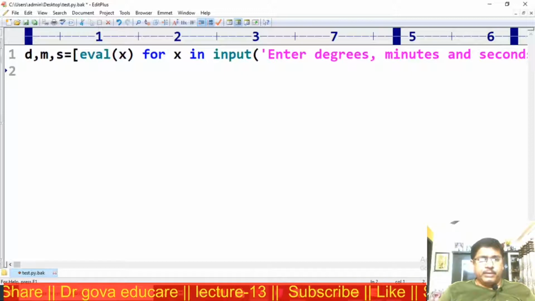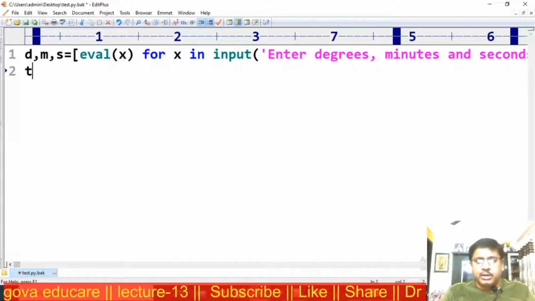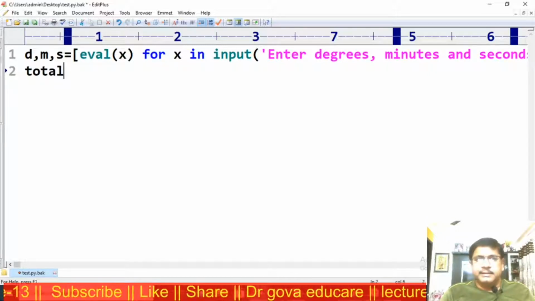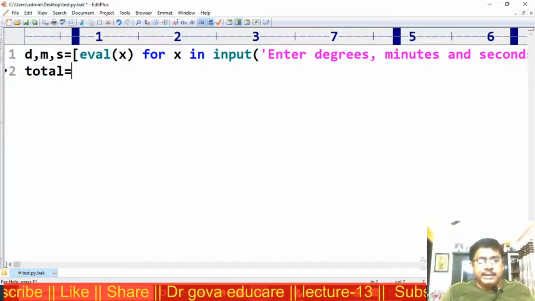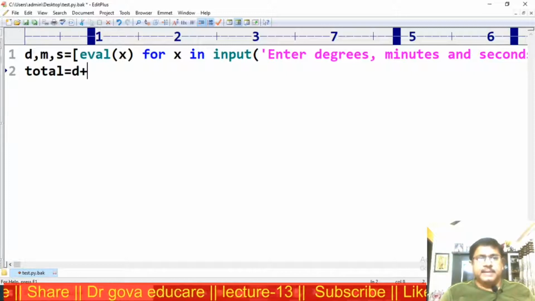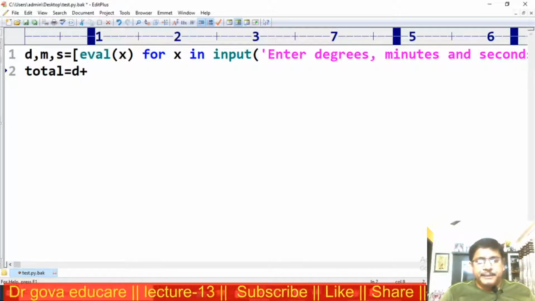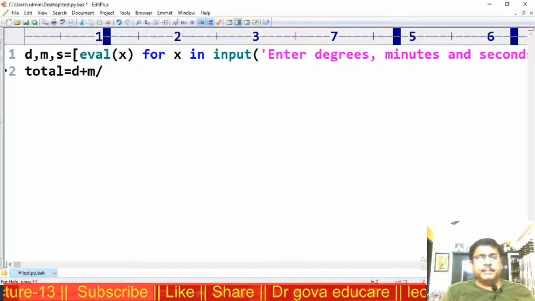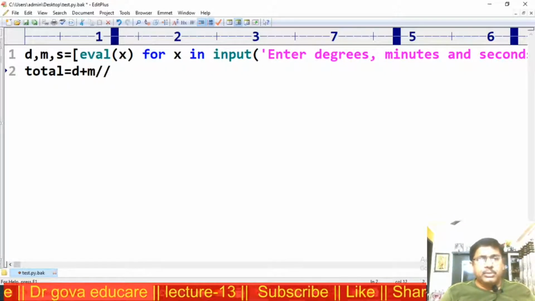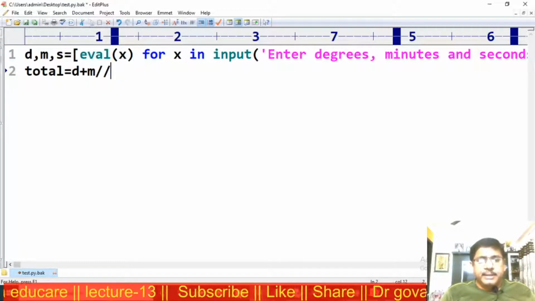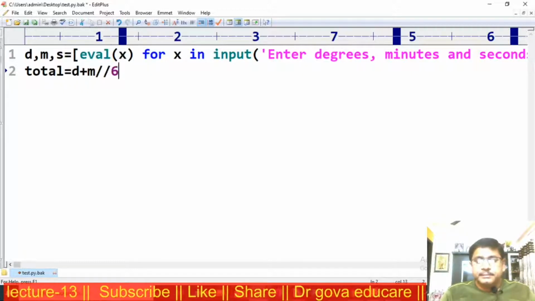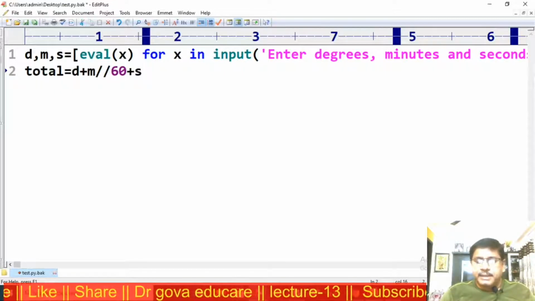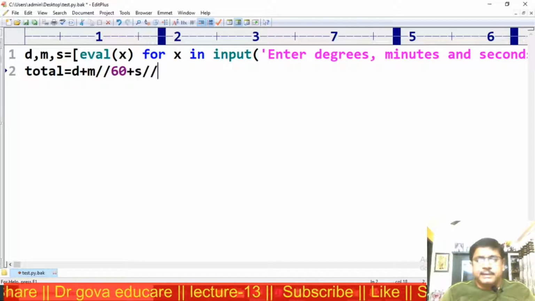Now I want to convert to the total in degrees: degrees plus m by 60, taking the integer quotient of m by 60, plus s by 3600.